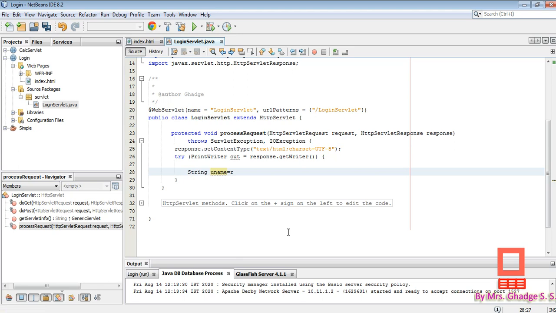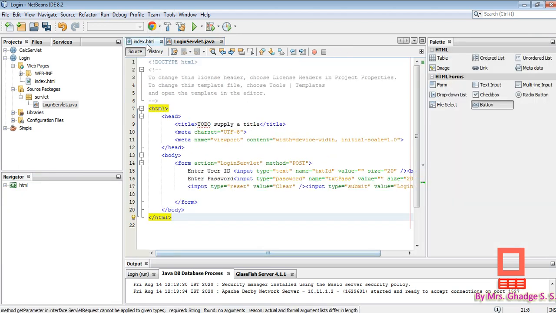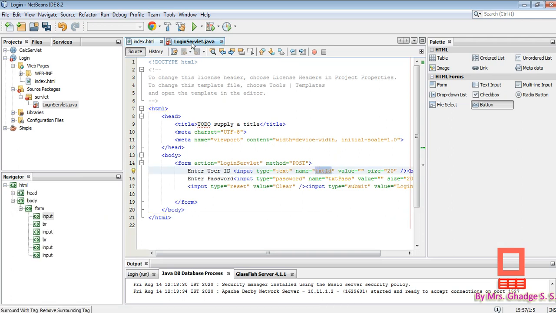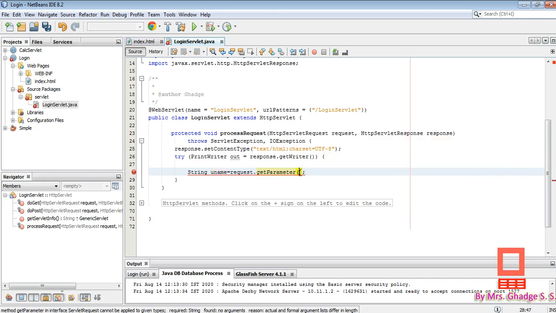For that we just write one method, getParameter. getParameter is a method of the HttpServletRequest class, so we use the request object here. request.getParameter, and the parameter is the name property of the text field. The name property of the first text field is txtid, so in double quotation marks we write txtid. So we will get the username here.